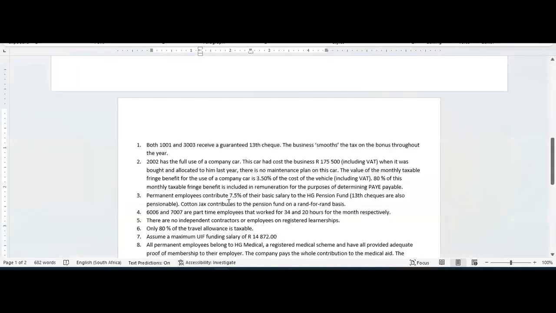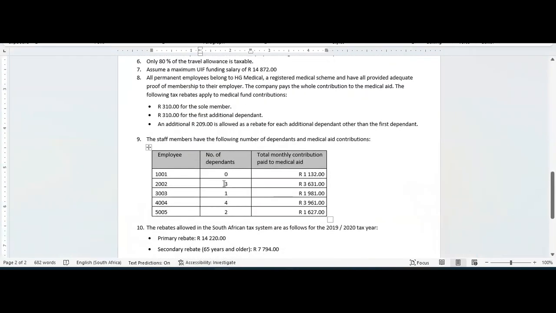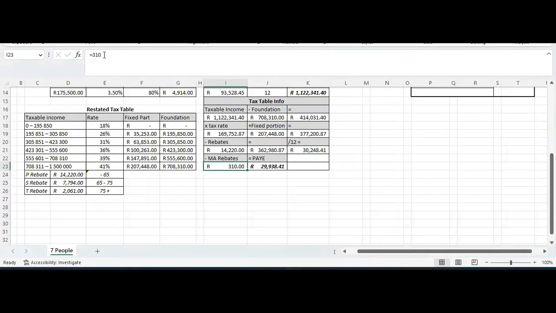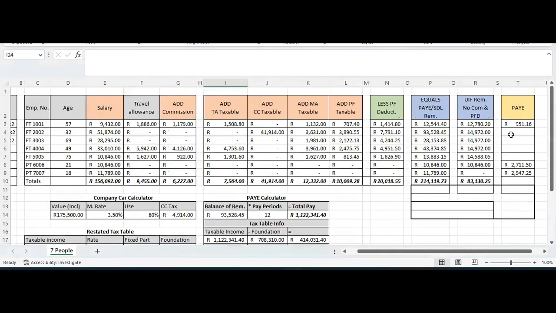In the case of employee number 2, he has 3 dependents. When we do the calculation, we will have to say that this is equal to 310 plus another 310 for the first dependent, plus 209 for the second dependent, plus 209 for the third dependent. So the amount that he can deduct is 1038, and let's see if that agrees with our